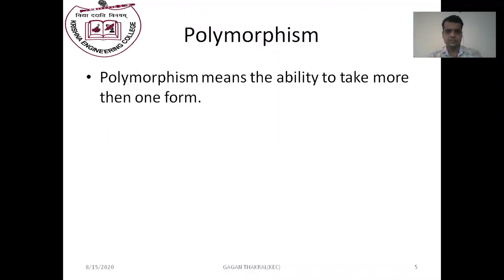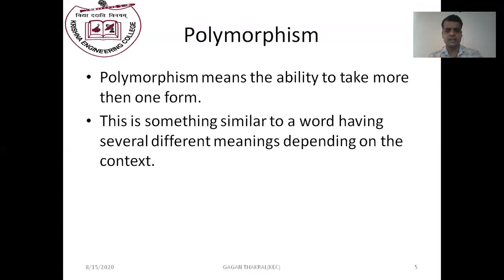Polymorphism means the ability to take more than one form. This is very similar to a word having several different meanings depending on the context. In the English language, there are so many words which have different meanings in different situations. For example, if I say, what is your date of birth? Then we are talking about a particular date.